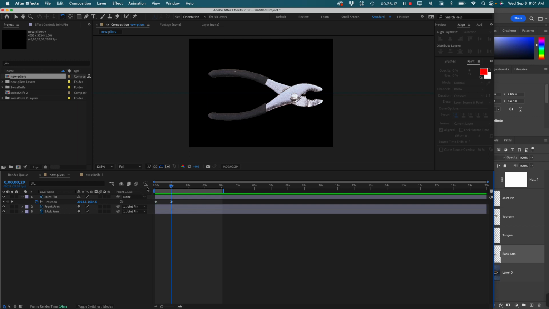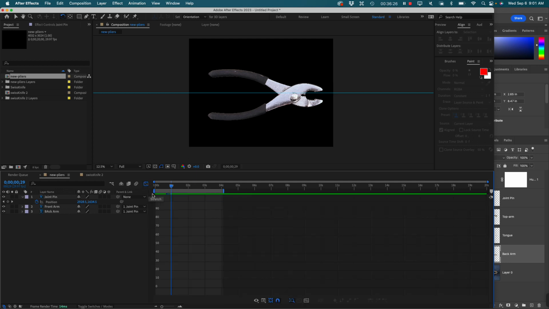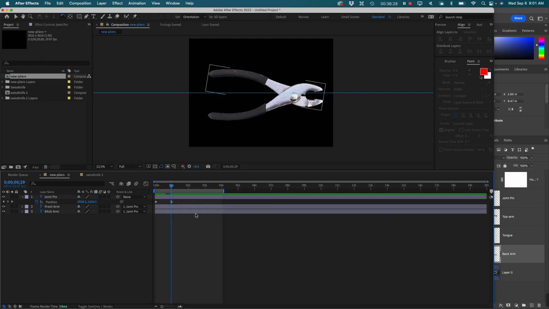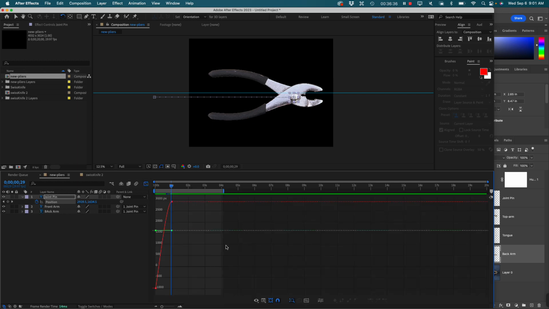There's this icon sitting along the top of our animation pane, and this is our graph editor. Actually, let me go back and select these two keyframes. Now if I open that graph editor up,